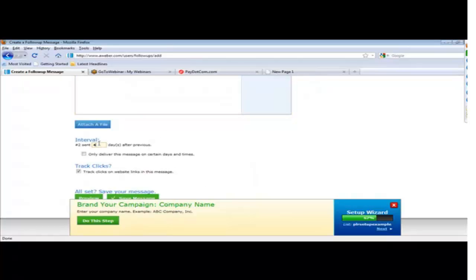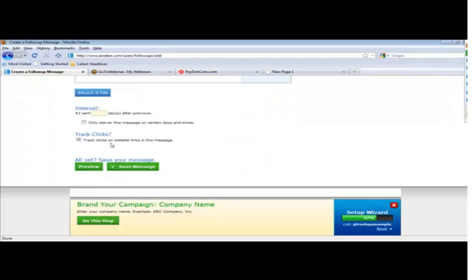Now this part's important, the interval. You can pick to send this out 1 day after the first one, 7 days after the first one, 3 days, 2 days. You could send it out once a day, basically for the next week. You could only deliver your message on certain days of the week. If you really wanted to get serious, there's just lots of different features here with your follow-up messages, and this is automated marketing at its best,